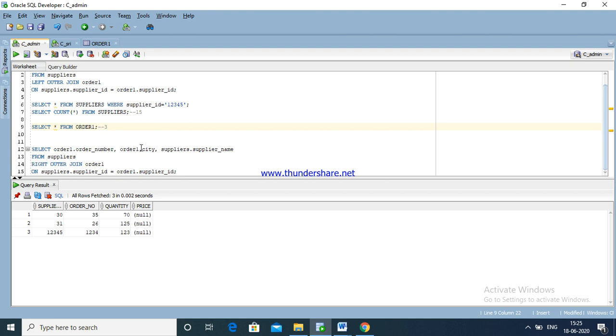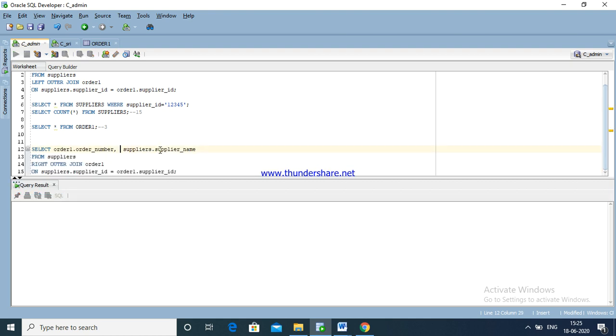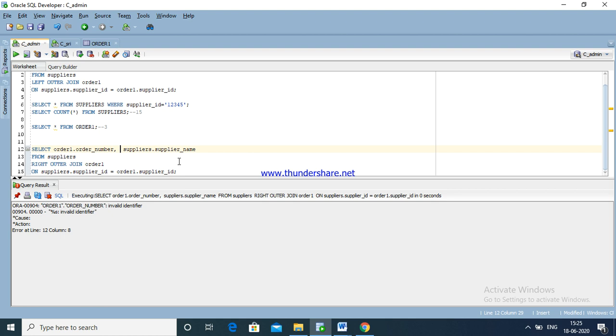See here, there is no city column, so I just removed the city column. Now enter order number. Where is my order number? There is a column NO. See here, just press control space and it will come.